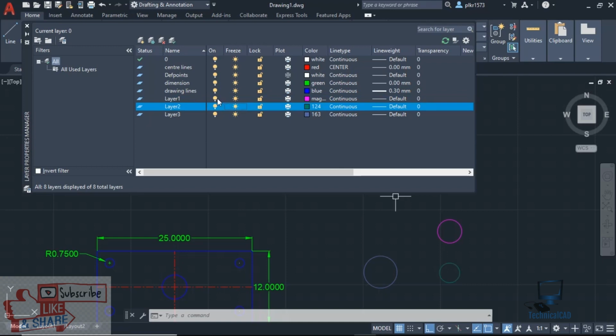So both are doing the same function, but there is a little difference. I'll show you. So layer 1 I will switch off, and layer 2 I'll freeze. Okay, now I'll close this.